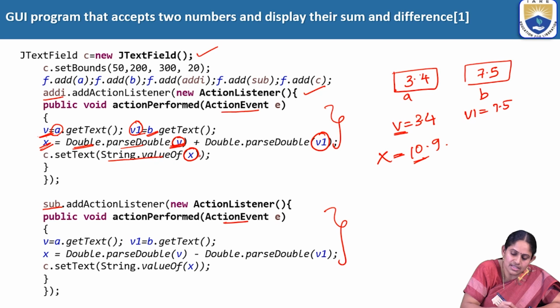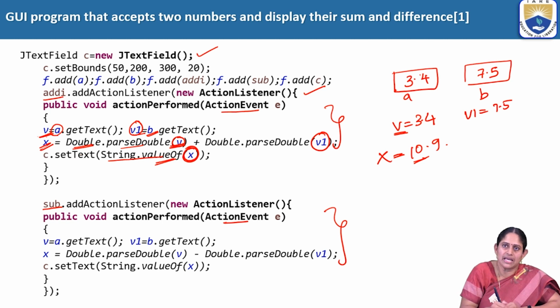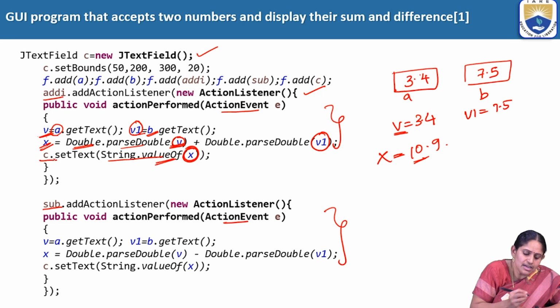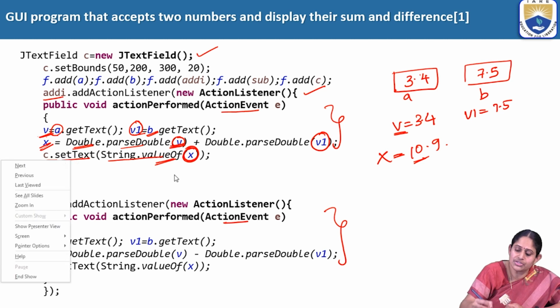So we are passing the double value 10.9 to this valueOf method. This will convert 10.9 to a string, and that string 10.9 is placed onto the C text field. We are setting the text of C using the setText method to the string value